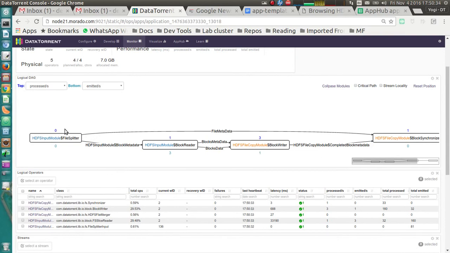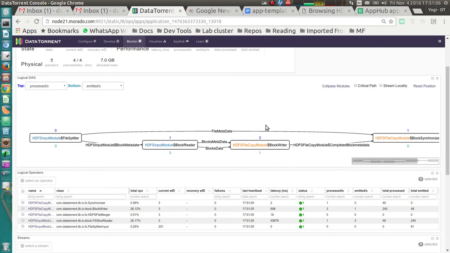The job of the file splitter is to poll the input directory periodically and send metadata about files and blocks within those files. The block reader will actually read that data from the source and send raw data block information to the block writer.